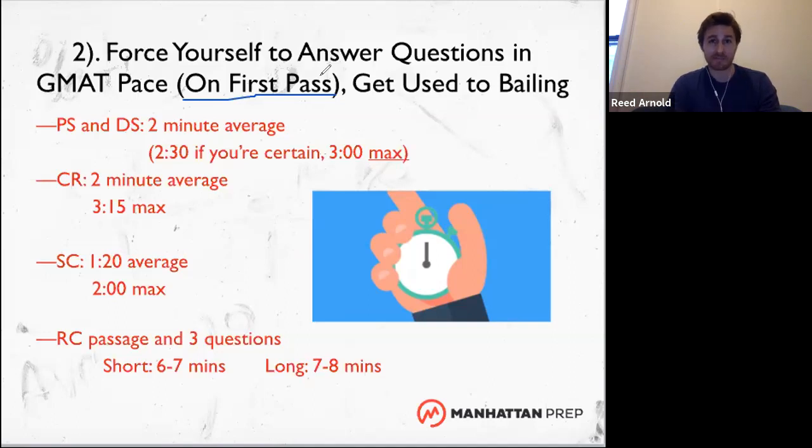That's part of the game. Okay, there's no avoiding it. So keep a clock, force yourself to answer at GMAT pace. For math problems, for quant questions, that's a 2-minute average, 2.5 if you're really certain you're going to get it